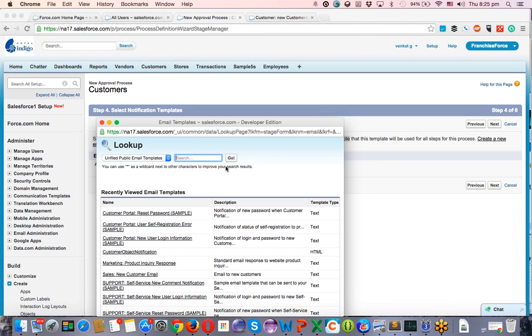I can put down, please approve the record submitted by. Please approve the expense submitted by Mr. XYZ, who is the person who created this record. This is the subject. I can put dynamically the person name who created the record. In the body I can put hi, then the approver name, the manager name. So I will put down the details of the record. Expense is